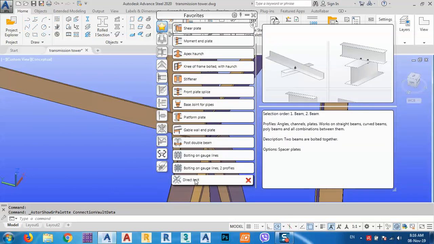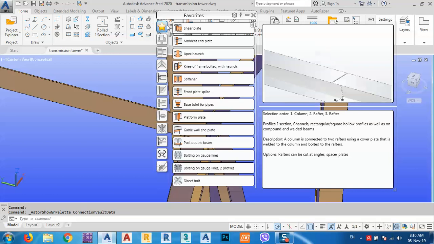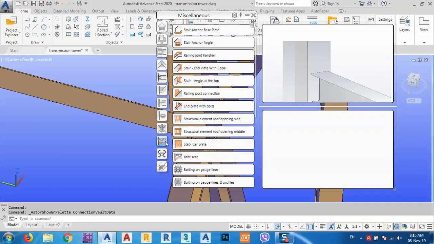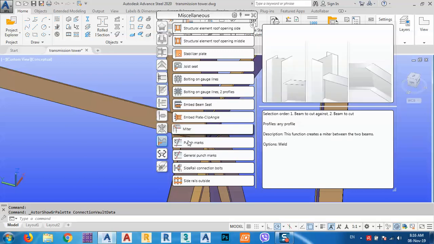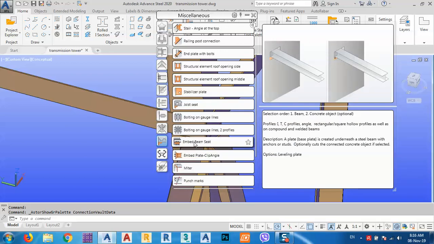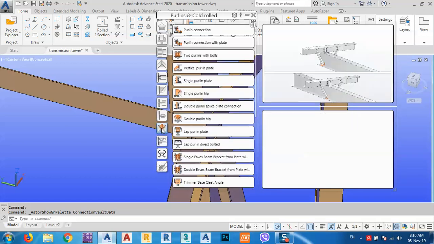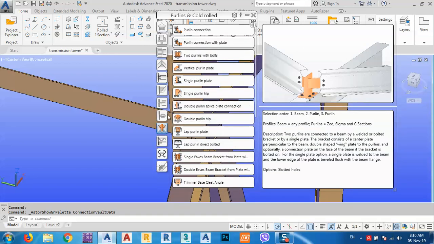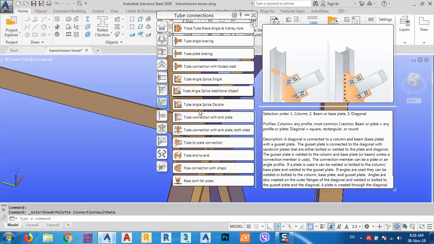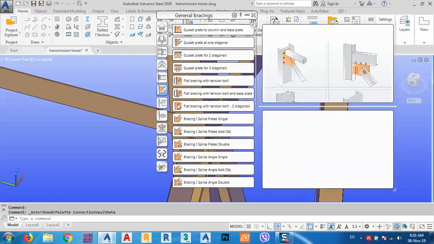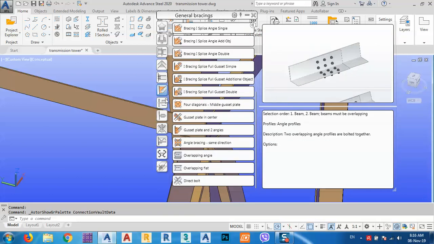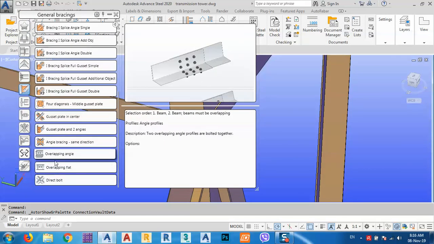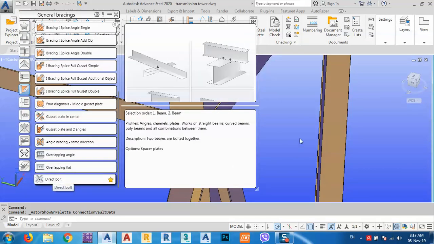We have direct bolt. I don't know if I put it in favorites. I don't know if it's here or maybe here. I think it's here. Maybe here. No, I just put it in my favorite joints, but we can see. I think here. Yeah, from here, from general bracing, we have direct bolt. So just click direct bolt, and